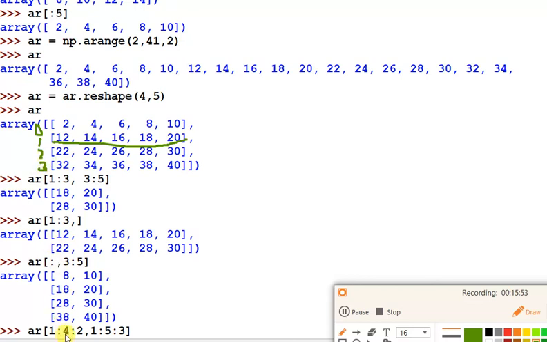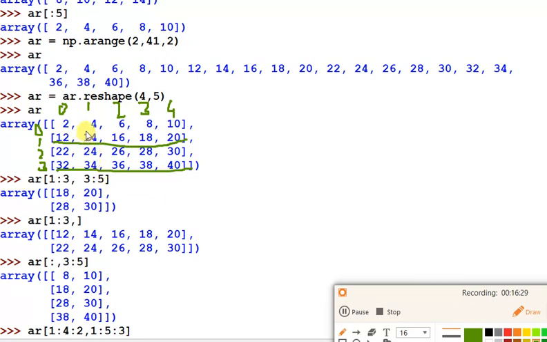So 1, then alternate values, because the first row and then the step value is given. The first row, then plus 2, 1 plus 2 is 3, so the third one will be selected. For the columns 1:5:3, positions 0, 1, 2, 3 and 4, so 1 with step value 3.